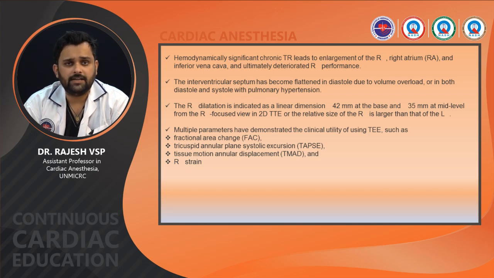performance. The interventricular septum becomes flattened in diastole due to volume overload, or in both diastole and systole with pulmonary hypertension. The RV dilatation is indicated as a linear dimension of more than 42 mm at the base and more than 35 mm at the mid-level from RV focused view, or relatively the size of RV is larger than that